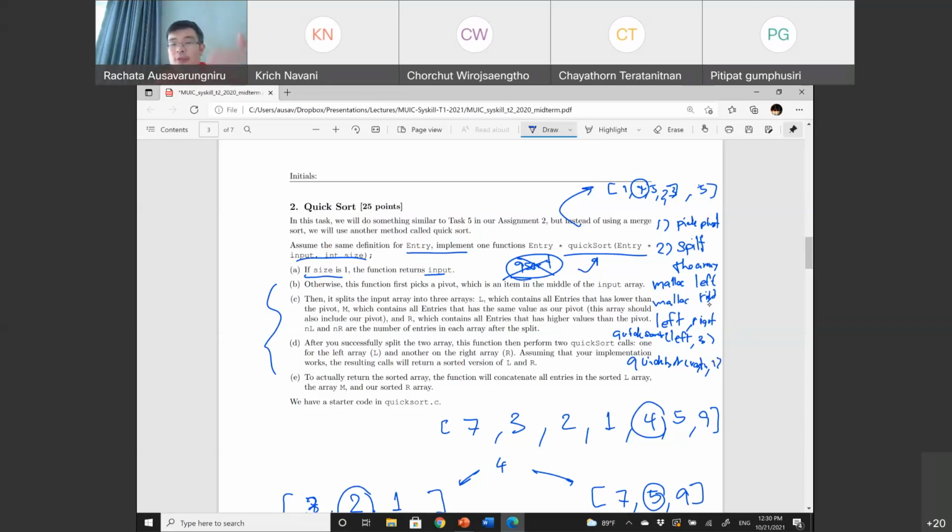Then you merge the left side and the right side. Once this is done, it should have been basically sorted. So you merge them together, write the result back to the original array and return them, right? So this is basically how this is planned.